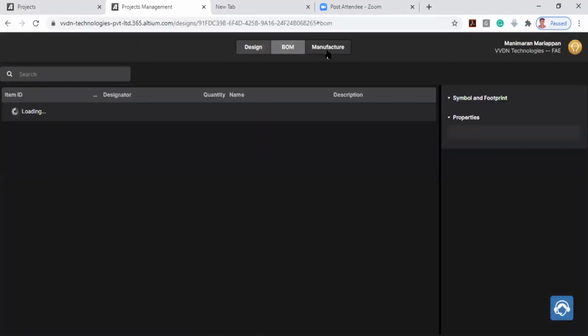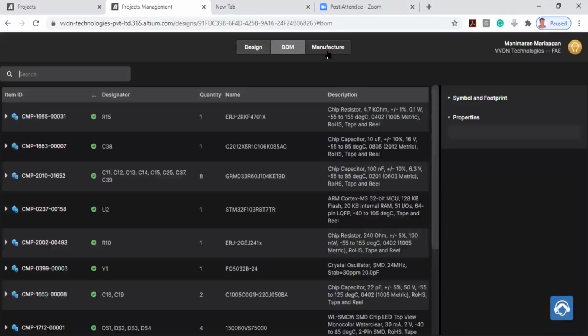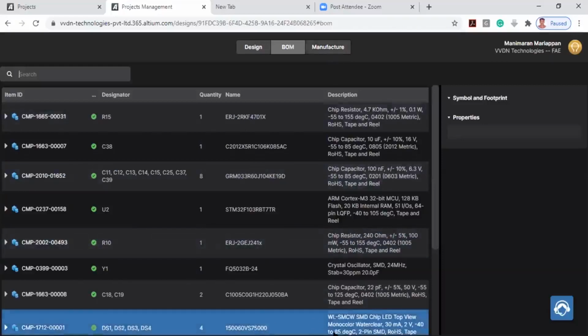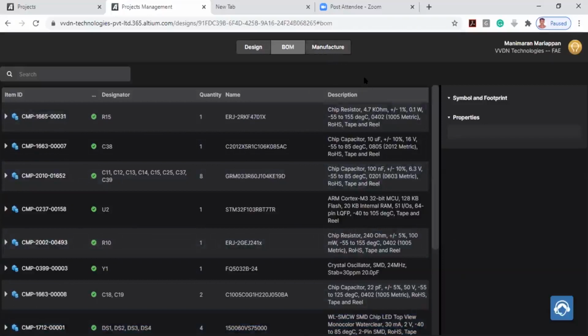So you can invite anyone from outside your organization also. Within your organization, you can invite them to work on the same files, and outside your organization, such as manufacturer and assembly house people, to this environment, and they will get the latest files by refreshing. You don't need to send a separate file, and if the file size is big, you don't need to use some other way or other features to upload the file for them to download. You can simply share and they can view, comment and download it. Okay, so that is the advantage of Altium 365.